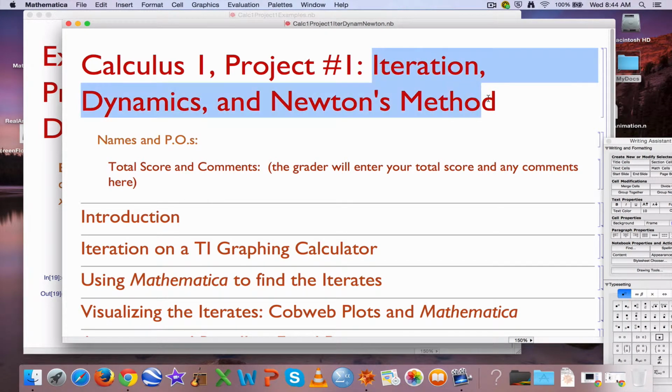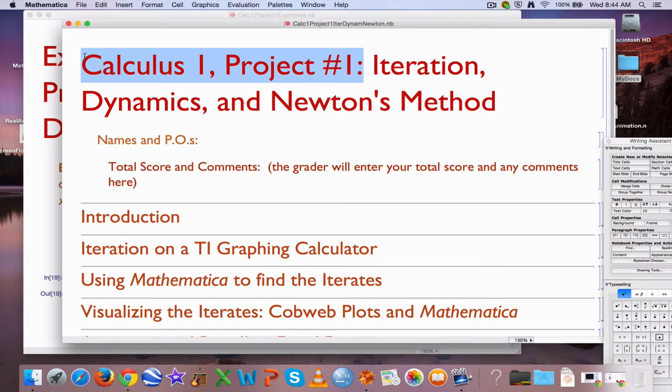This is the third video in a series of videos I'm making about iteration dynamics and Newton's method in this computer program that we see here called Mathematica. I do it for my Calculus 1 students. It's their project number 1, but if you are not a calculus student of mine, I hope you can get